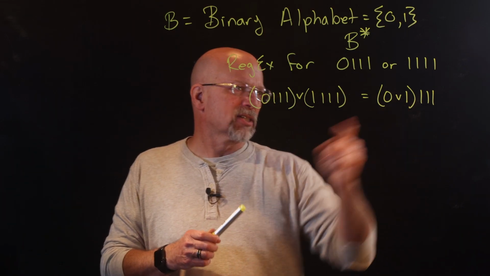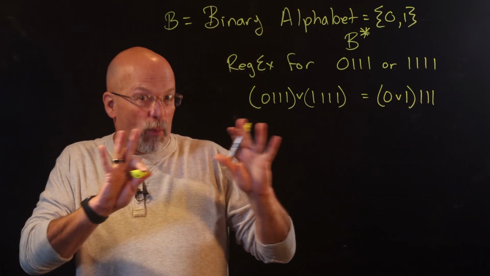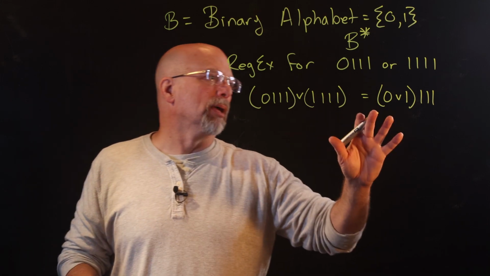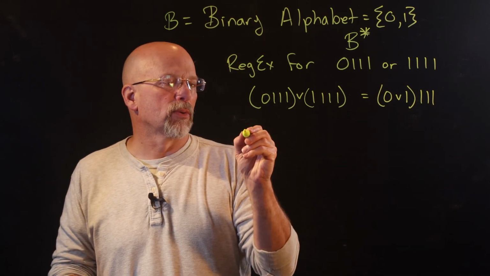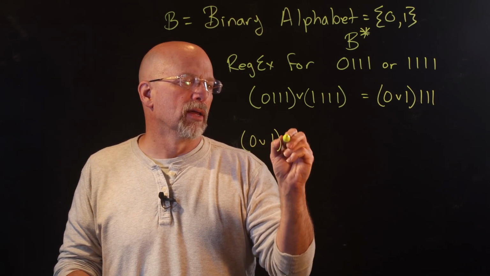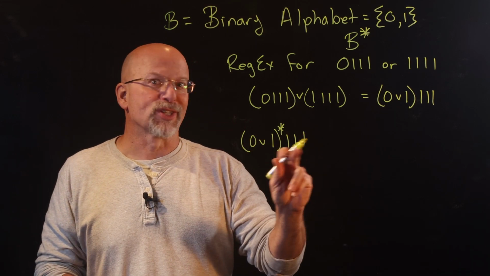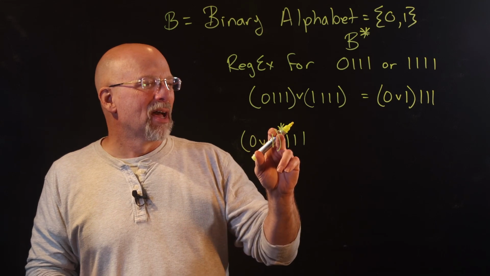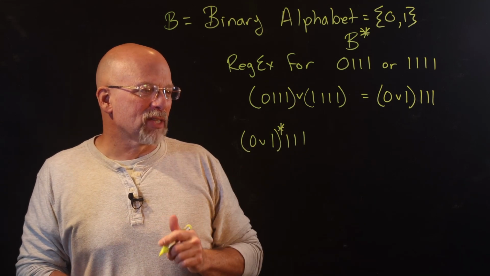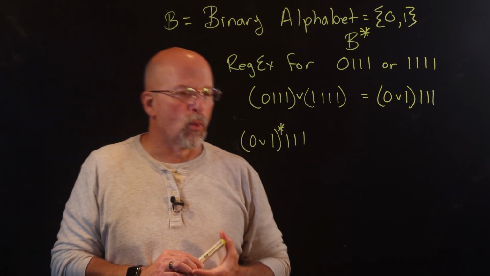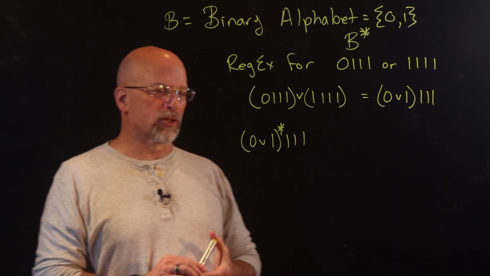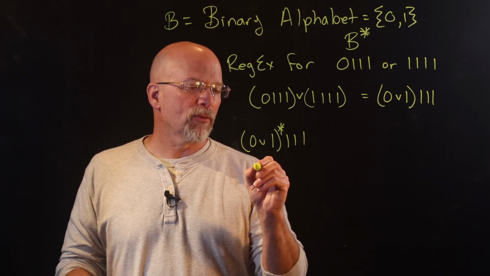Now, let's take a look at this guy and see, now what I'm doing is I'm changing the problem. Let's take this guy, we'll do 0 or 1, followed by 1, 1, 1, and we'll put an asterisk, just 3 ones, I think I said 4, put an asterisk outside the parentheses for 0 or 1. What does this do for us? Well, remember that whenever you have